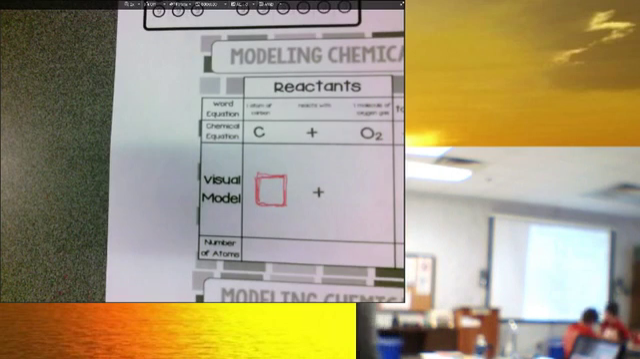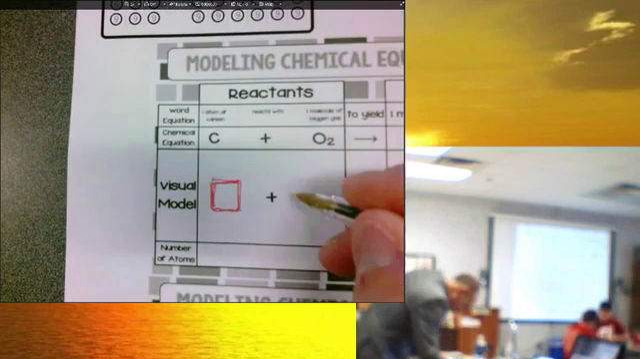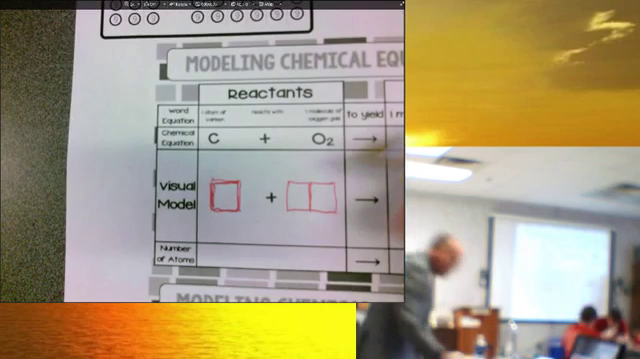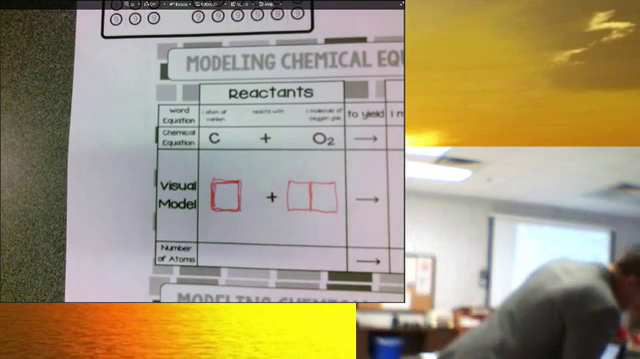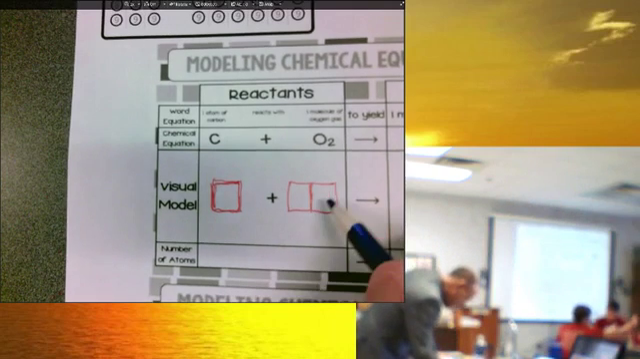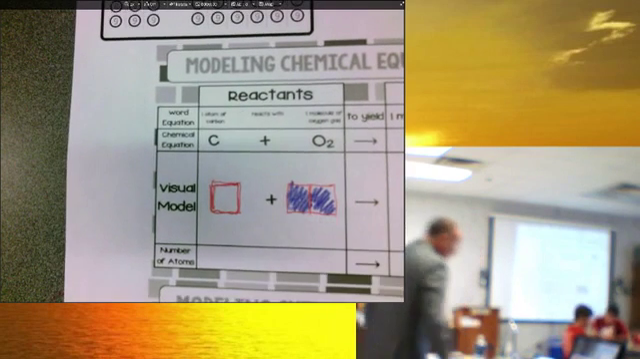Okay? Oxygen, how many are there? So how many blocks do I need? And what color were they? Purple, so you would color them purple. Anything you need sharpened, you can sharpen in the electric sharpener over there. So we need 2 purple